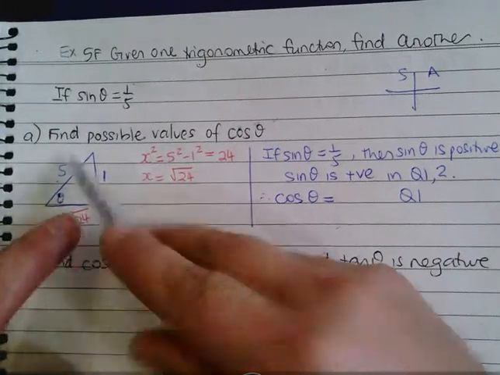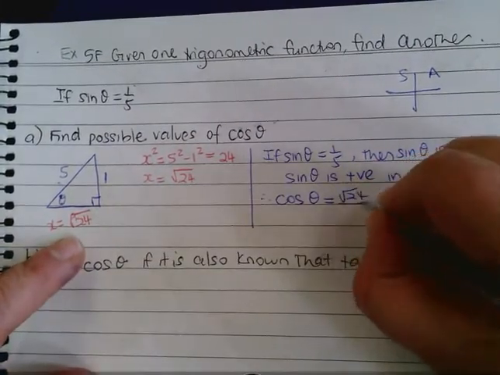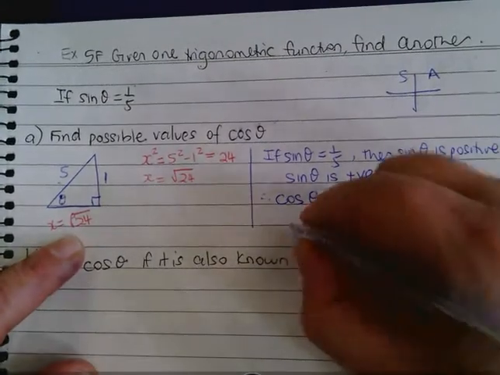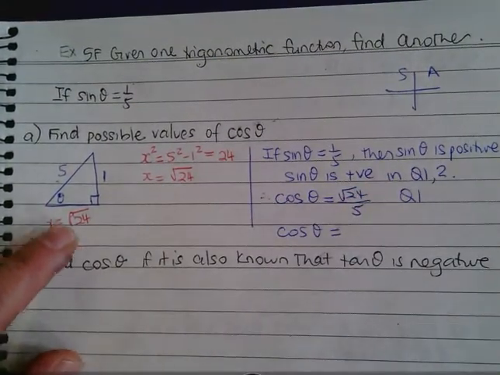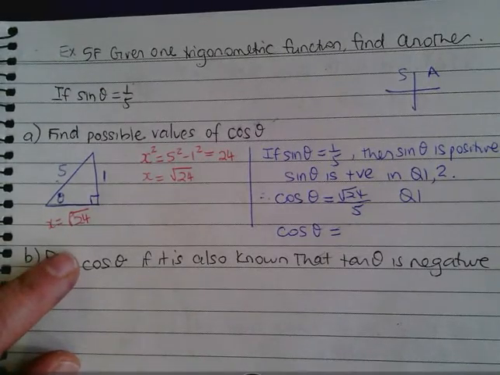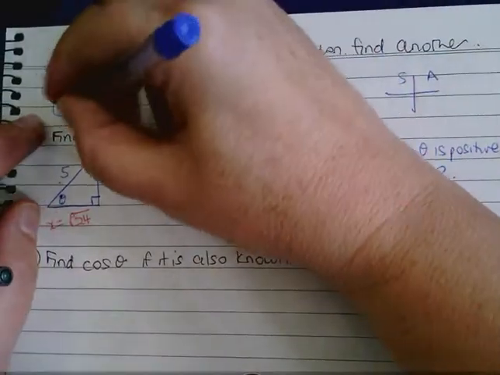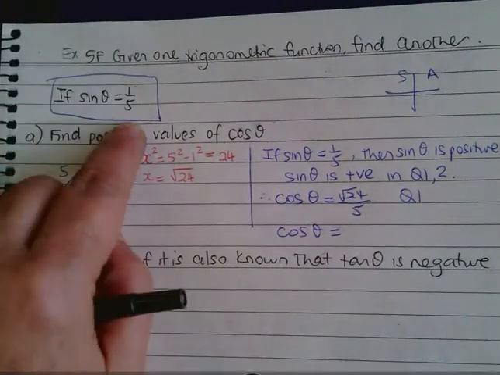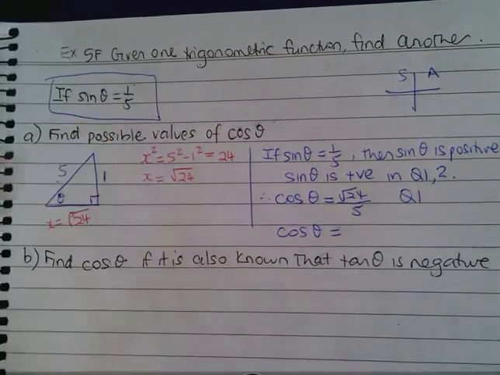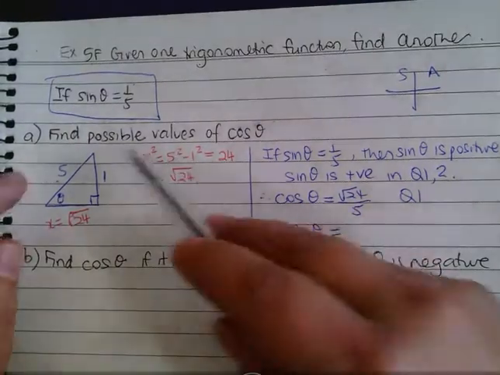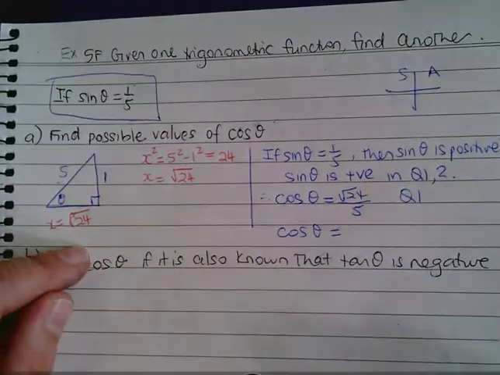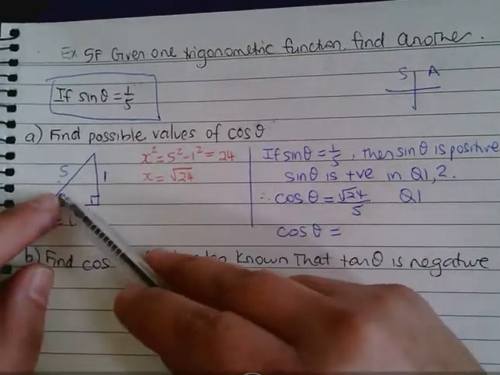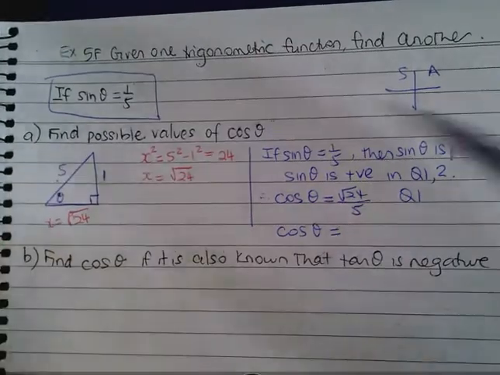Yep, it's positive, so it's root 24 on 5 if I'm in quadrant 1. But tell me about cos theta in quadrant 2. So I've got two answers for cos theta this time. All right, this is what's been defined. Sine theta is 1/5. Because of that, I know that I could be in quadrants 1 and 2 because sine theta is positive. I draw my right angle triangle and I know that the missing side is square root of 24. So I fill that in and I now know that cos theta is square root of 24 on 5